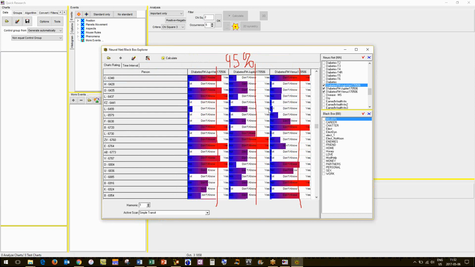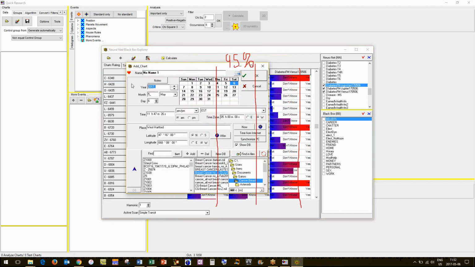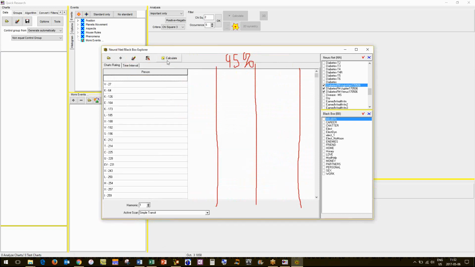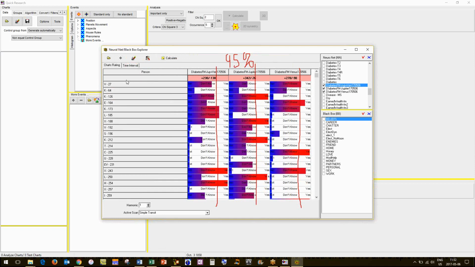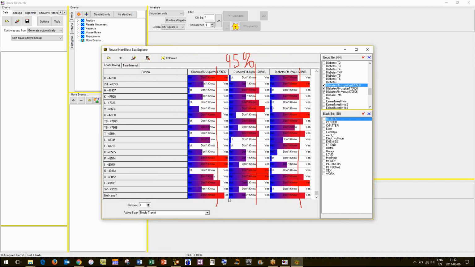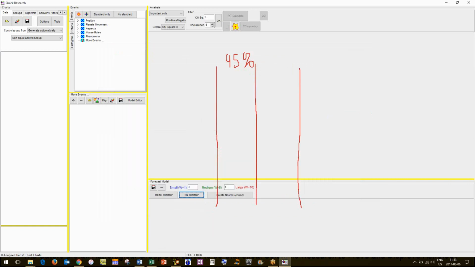And then what you could do is then you can plug in people's data here. So, you plug in person's chart. They're born, you have a friend who was born on this day here in this place, and you hit OK, and then calculate. So they've been added here. And, oh, look, Venus predicts that they're going to have diabetes. Oh no, the new person is down here at the bottom. No name. Oh look, this person will have diabetes. So that's another thing. That's ultimately the goal that we're trying to shoot for in building these models.